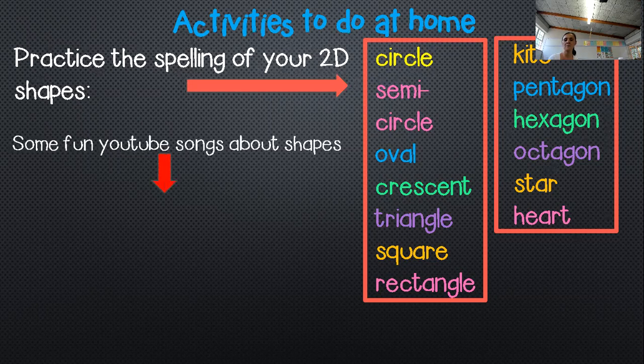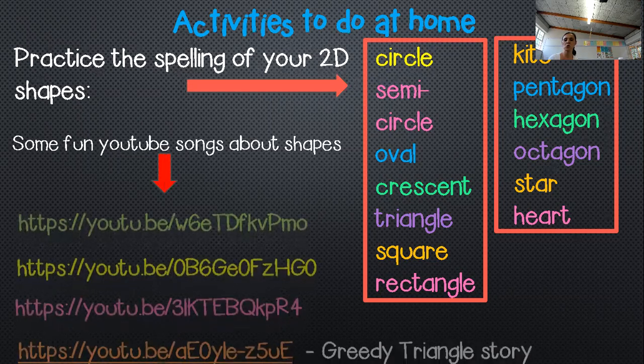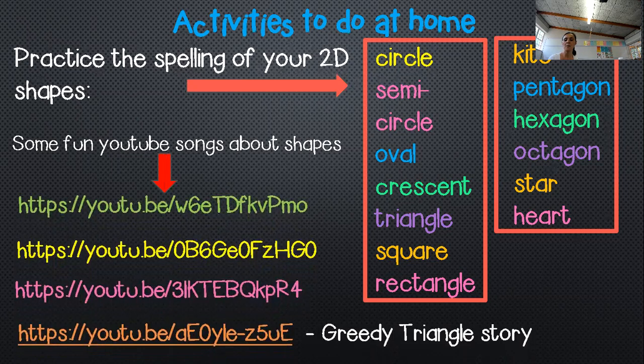Then these are just some fun YouTube songs about shapes that you can listen to. And then the bottom one is just a fun story called The Greedy Triangle, and that is about shapes as well. So carry on practicing your spelling, grade 2s, try and draw some of the shapes as well, and enjoy the rest of your time at